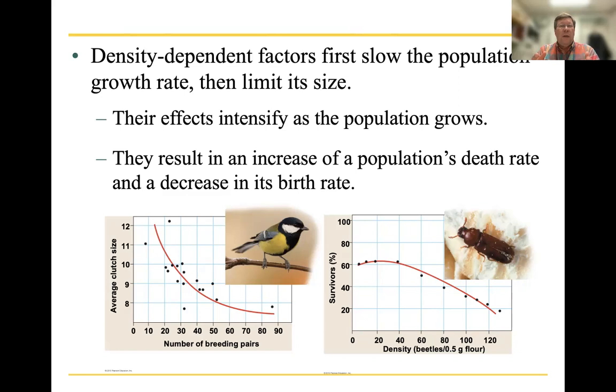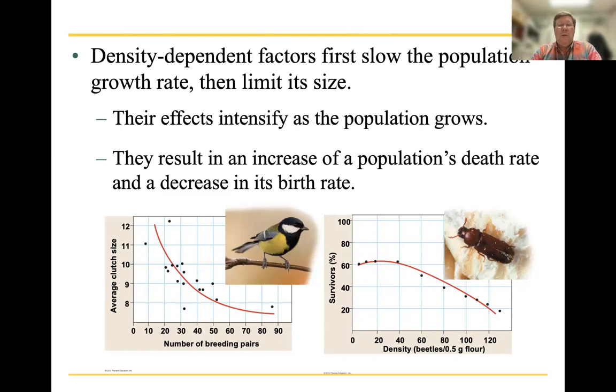So more encounters, more stress, fewer hormones, fewer eggs. And that's why you end up with these lower numbers. So it's not something that completely switches off egg laying, but it lowers it. So it depresses it because of the stress factors. Then when you're looking at the flower beetles, and these are really teeny tiny beetles, so that's why you have